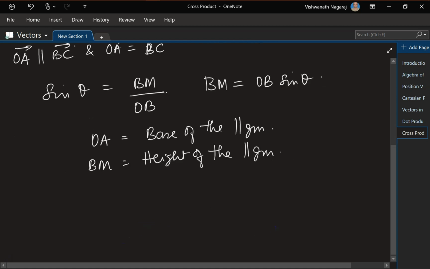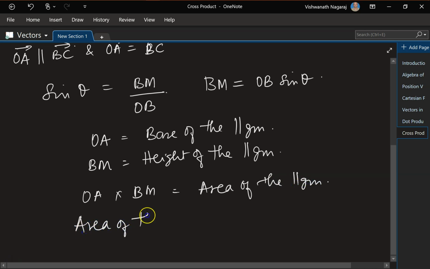So in a way, OA times BM gives you the area of the parallelogram. Area of the parallelogram is equal to, now OA is what? OA is magnitude of A and BM is